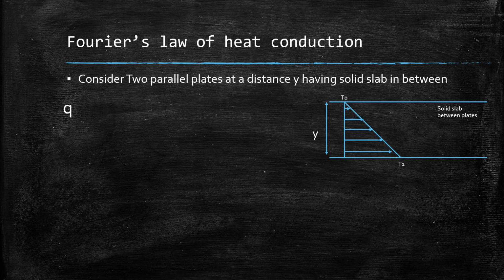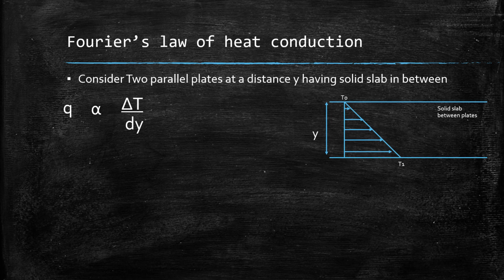So if we say the heat flux would be directly proportional to the temperature difference. Now what is the temperature difference? The ultimate temperature difference is T0 and T1. Higher the temperature difference, higher would be the heat flux. And it will be inversely proportional to the thickness of that medium. Right? So what is thickness? Higher would be the thickness, lesser would be the heat flux because the amount of resistance that would be offered by the medium would be higher.